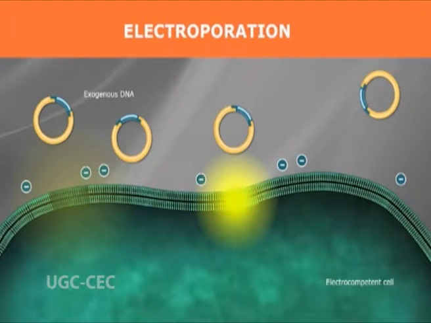Electroporation is another method of promoting competence. As the name implies, electroporation involves using electricity to make pores in the bacterial cell membrane through which DNA can pass. Using this method, the cells are briefly shocked with an electric field, which is thought to create holes in the cell membrane through which the plasmid DNA may enter. After the electric shock, the holes are rapidly closed by the cell's membrane repair mechanisms.